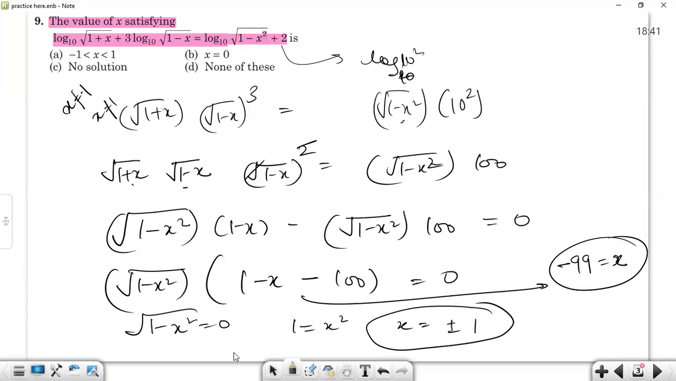If we take x equals minus 99, then this term will become imaginary. How so? 1 plus x, so 1 minus 99, it is minus 98. So logarithm, sorry,